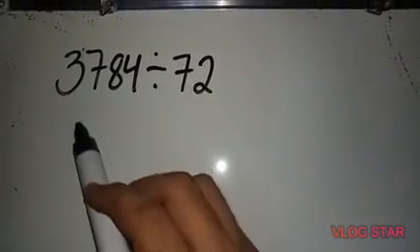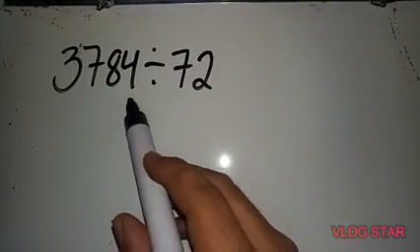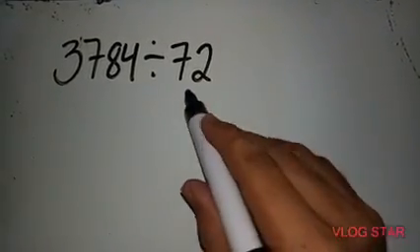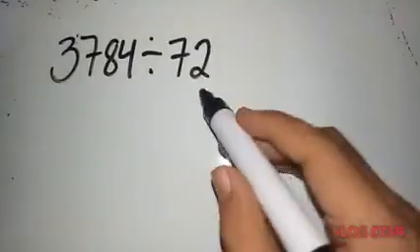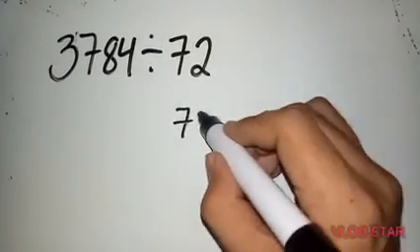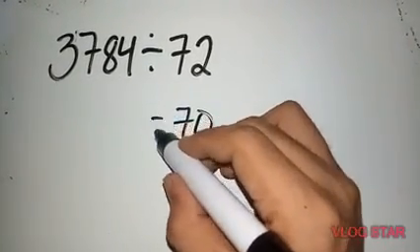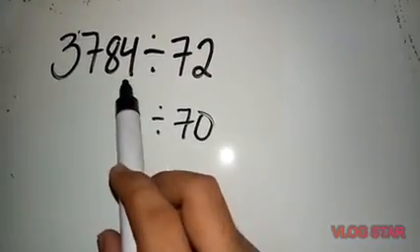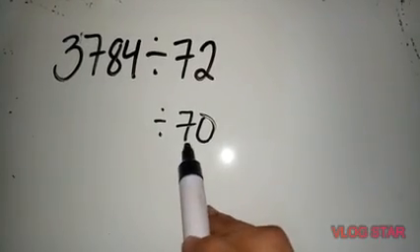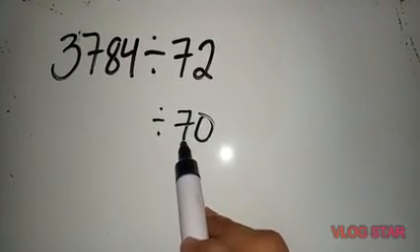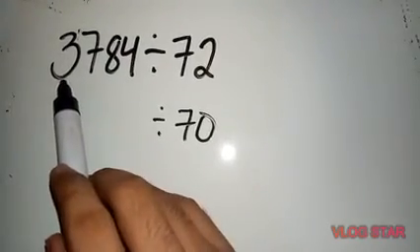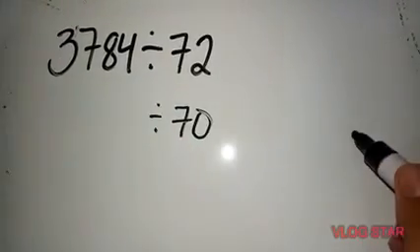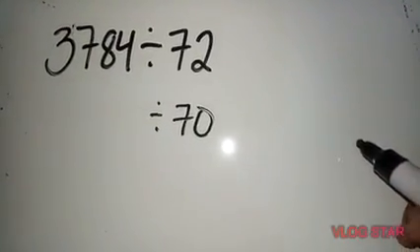So next example, 3,784 divided by 72. The first thing that we need to round is the divisor, making 72 into 70. Next, what number is compatible to 70 or 7? From 3,784, we can have 3,700 or